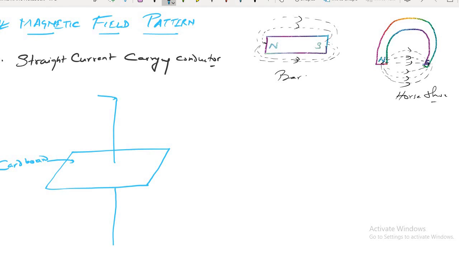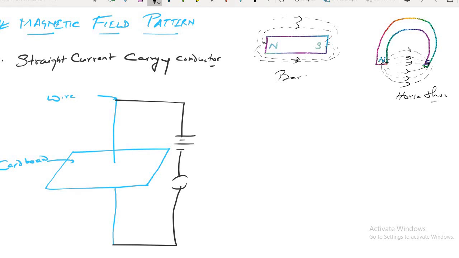And this is the wire. Now what I have done, I have attached this wire with a circuit. I have attached this wire with a battery and a switch. Let me attach it. I have attached this with the battery and this is the switch. Let me close the circuit. Okay, the circuit is closed.